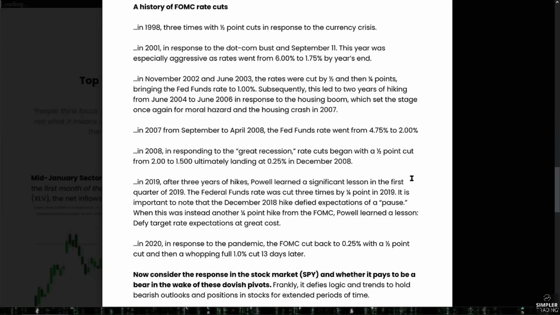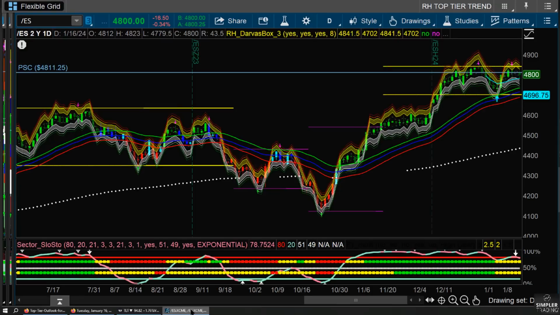And you can see here, I went back to recent memory. I went back to years that I was trading, and I'll tell you what, 1998 was a big eye opener for me. We'll get to that in a moment. So the first thing is, we're going to answer what was the response after these rate cuts. The second thing is, quite frankly, how do we measure what bullish sentiment, bullish momentum, and a bullish trend is? Those are the three big questions.